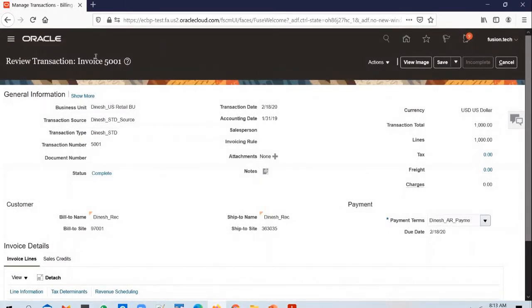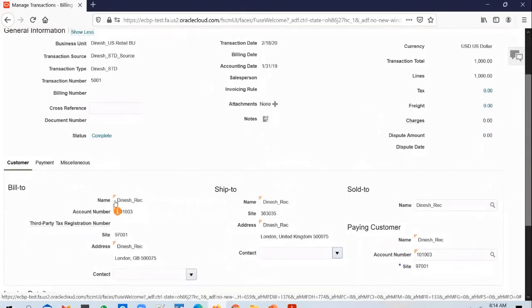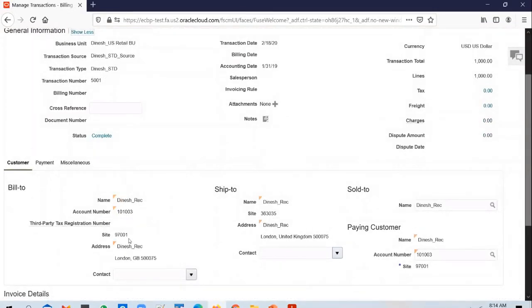when you create an invoice, in the invoice table you will not have all the details of the customer, bill to customer and ship to customer stored. You will not have the bill to customer name, the account number, address details. You don't have these customer name and address details, both bill to and ship to.